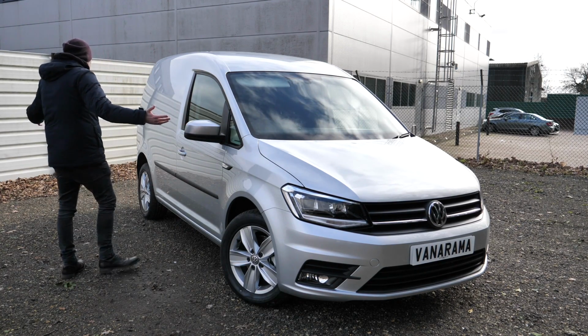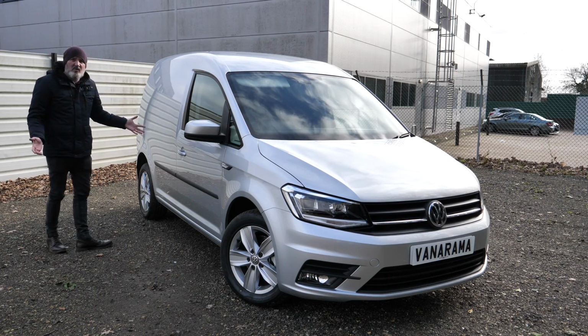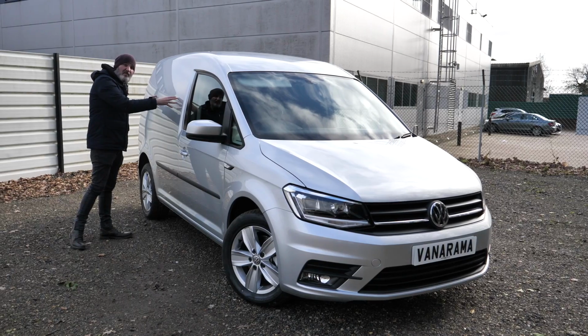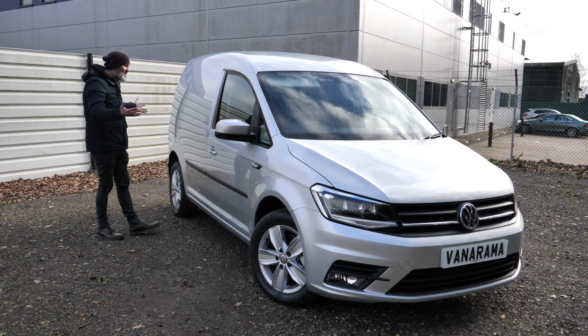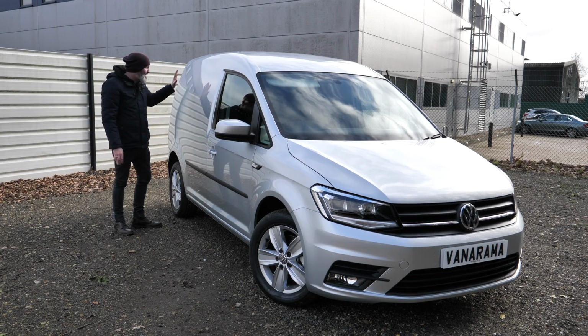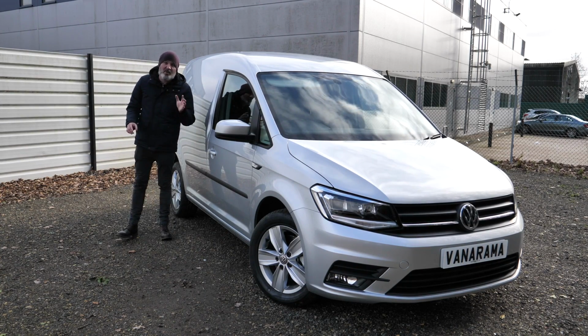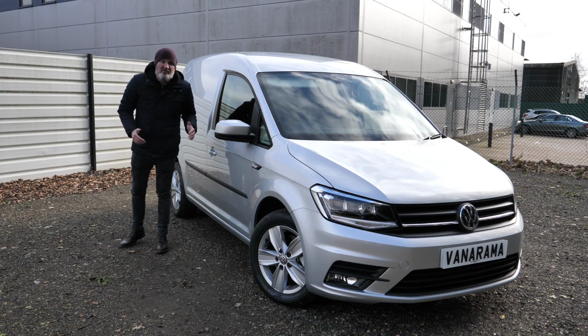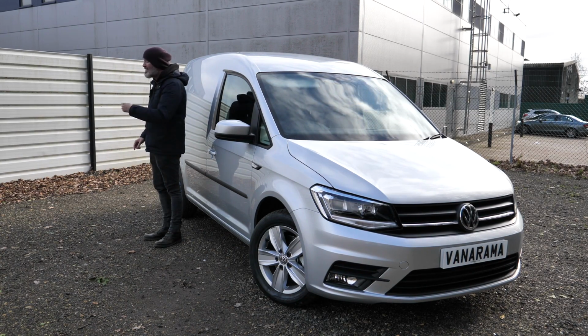The entire profile of the vehicle just looks great as well. Usually on panel vans you get these depressions to show where windows can be popped out, but on the side of the VW Caddy there's no depressions at all. It is a smooth blank canvas, which is absolutely perfect if you want to get your vehicle sign written. So there you go, like I said, it is a great looking package, and looking good continues round the back,